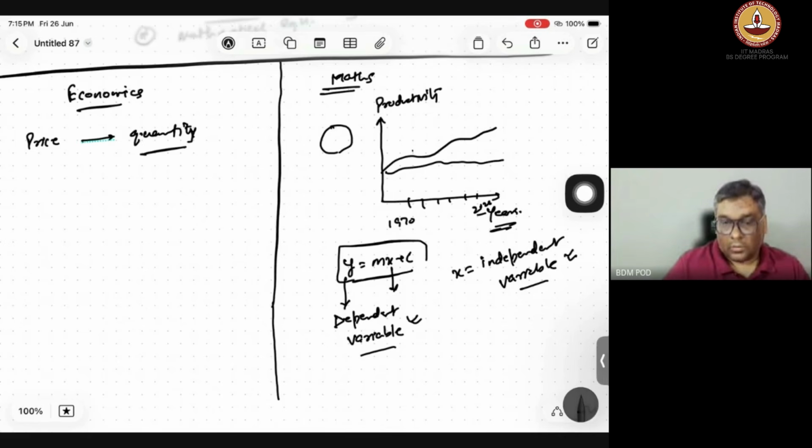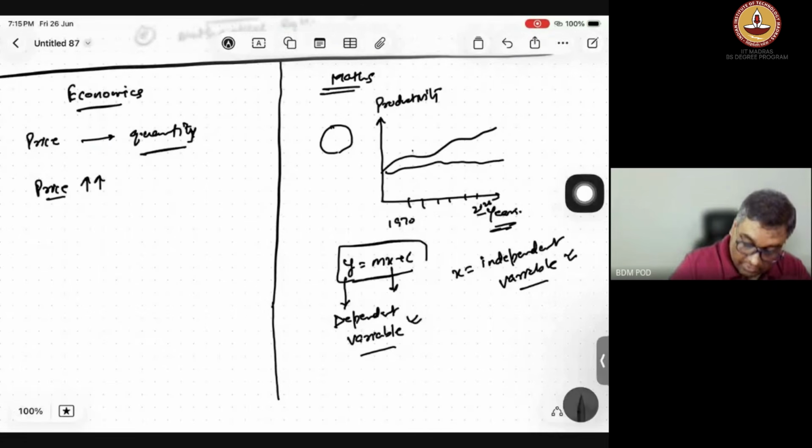So from here, if you change the price, if the price is increased, it might be the case that the quantity will reduce, people will not buy. If something is becoming costly, if there is off season, and the prices are pretty high for banana, what happens is, if the price increases, the quantity decreases,